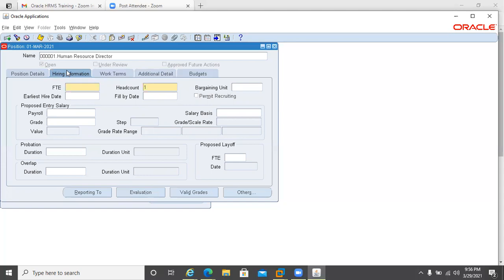FTE stands for full-time equivalent. Full-time equivalent means that this position is with a full-time employee. So I said that it will be only one, because as I mentioned, this position is a single incumbent position, and I want to attach this position with only one employee. So full-time equivalent is count one,